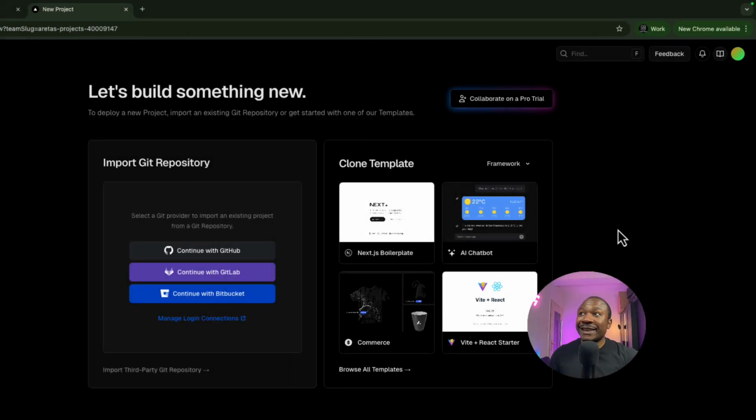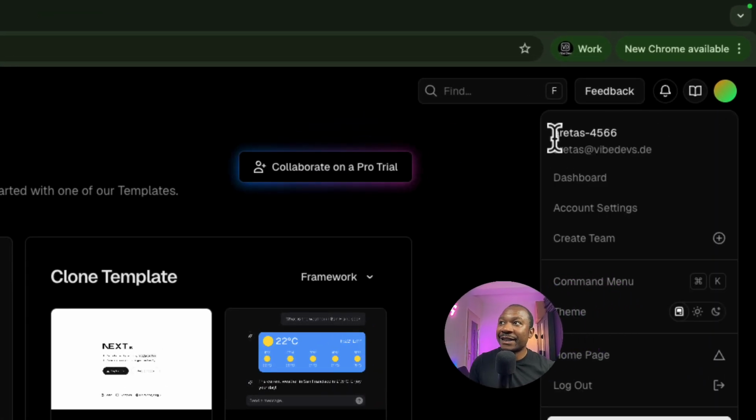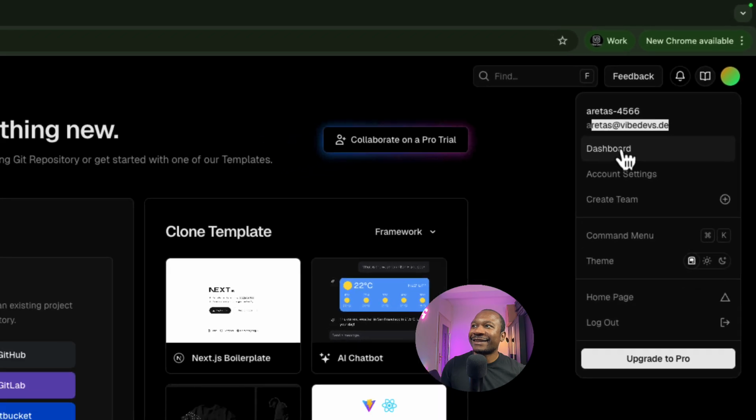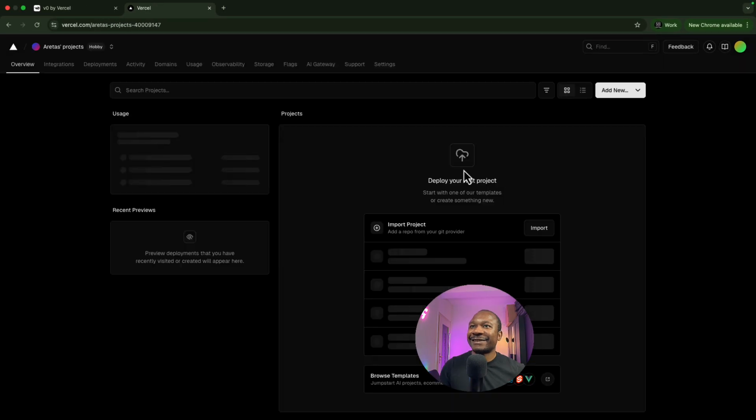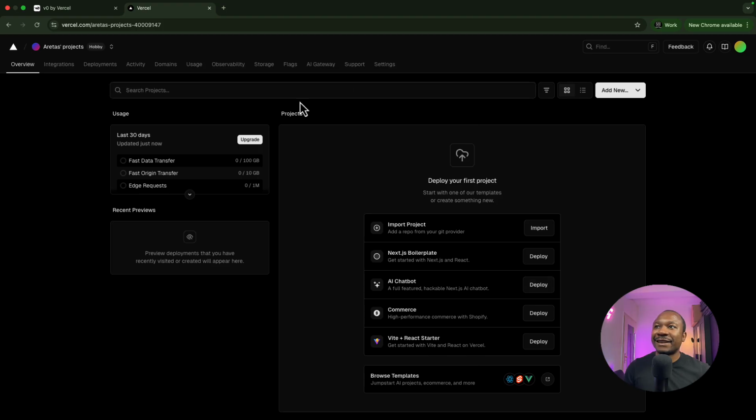So right now I actually have an account. As you can see, if I click on this avatar image here, that's my profile. My name is Aretas, and it's added a number, and that is my email address. Great. So I've clicked on dashboard, and I have no projects, and there are several ways you can bring in